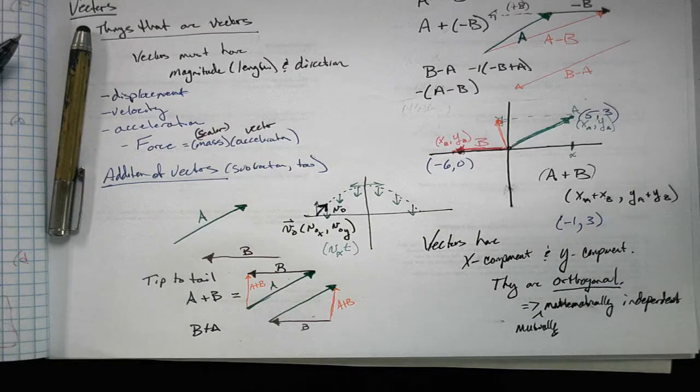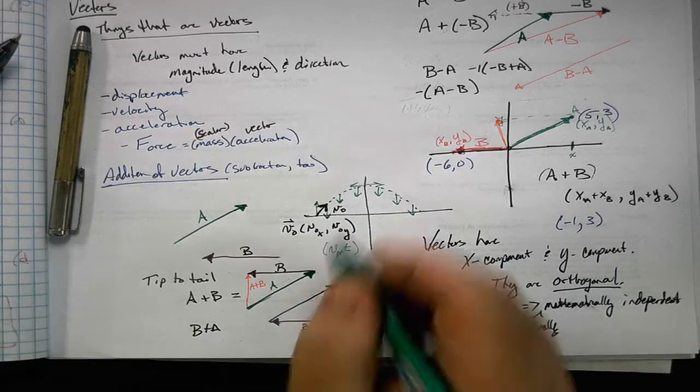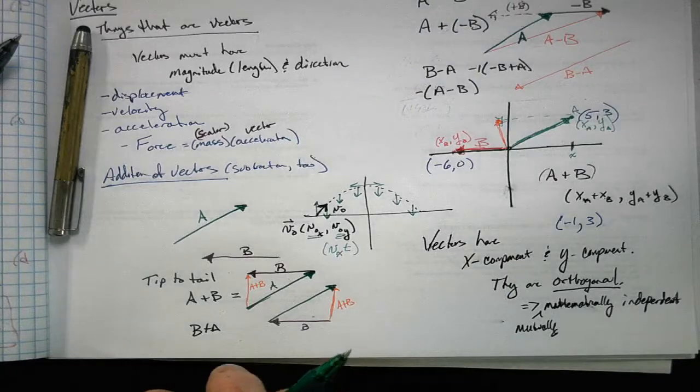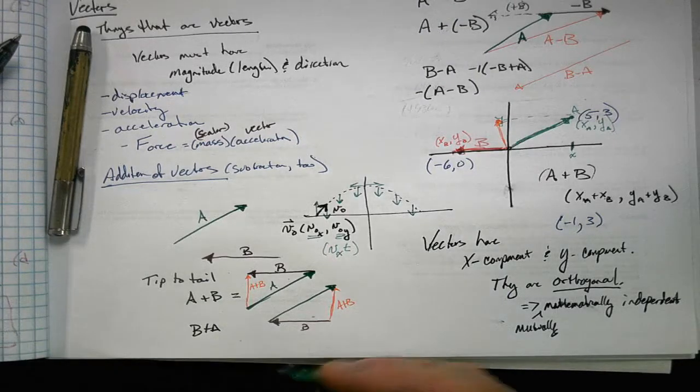And we'll talk about that at a later time. But those two velocities are independent of each other. But our total velocity vector equals our x component plus our y component. That's for velocities. If you have a force,